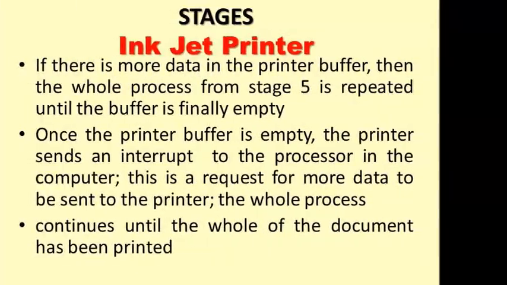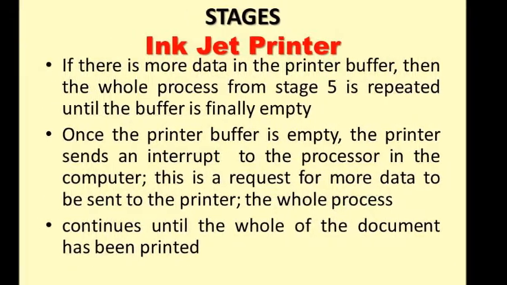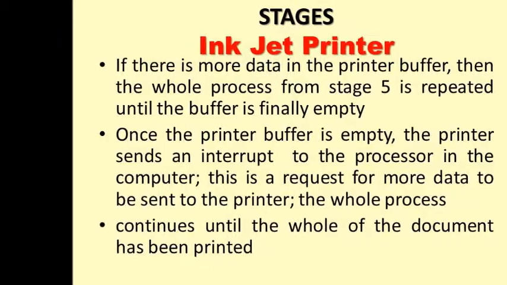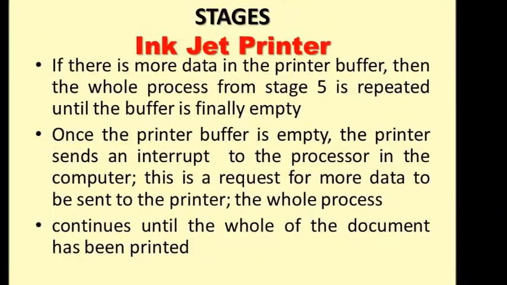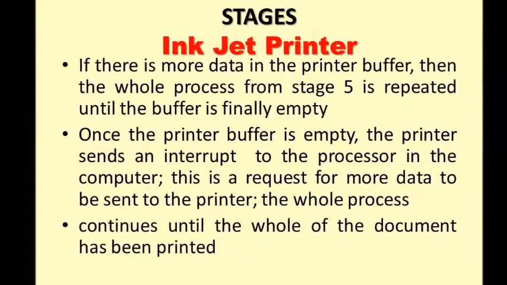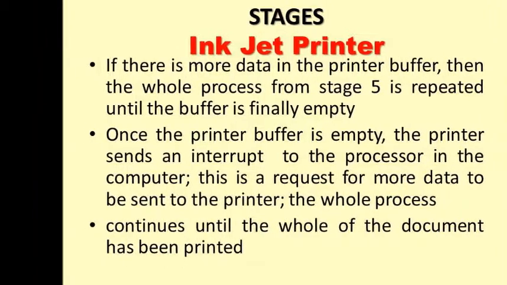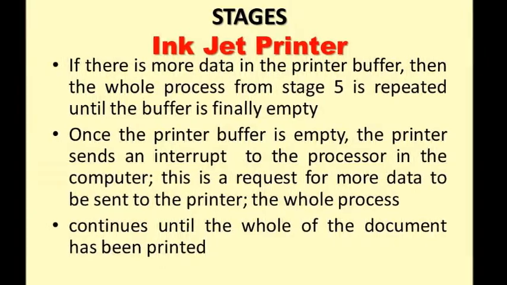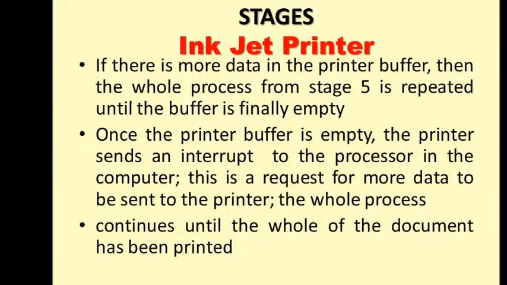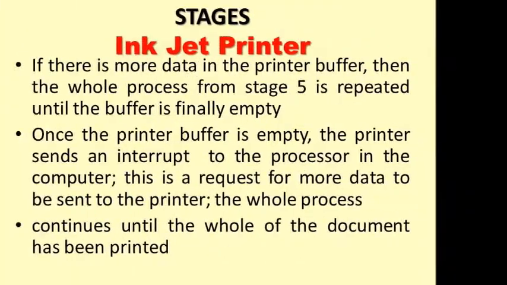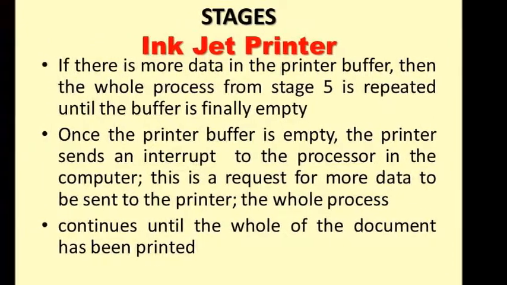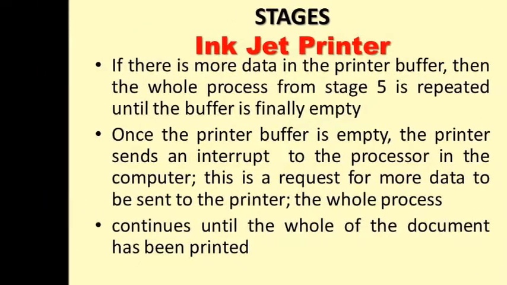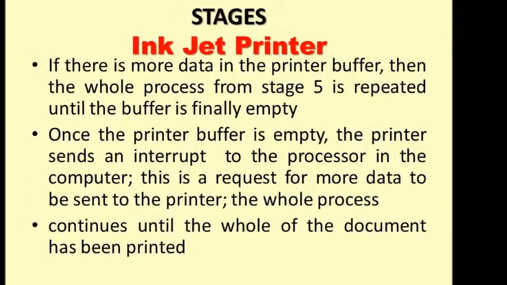Then the 6th point is, as the sheet of paper is fed into the printer, the print head moves from side to side across the paper, printing the text or image. The 4 ink colors are sprayed in their exact amounts to produce the desired final color. In step number 7, at the end of each full pass of the print head, the paper is advanced very slightly to allow the next line to be printed. This continues until the whole page has been printed.